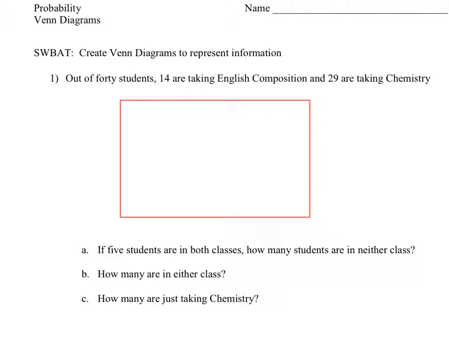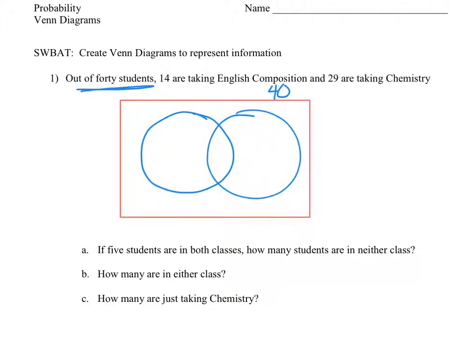In this case, we have 40 students. So this whole box is going to represent 40 people. 14 are taking English and 29 are taking chemistry. That's great and all, but what about the ones that are taking both? So we generally do two little circles or semblance of circles,